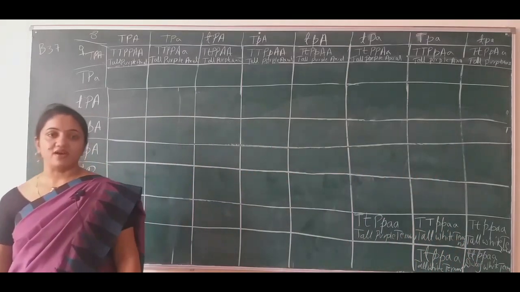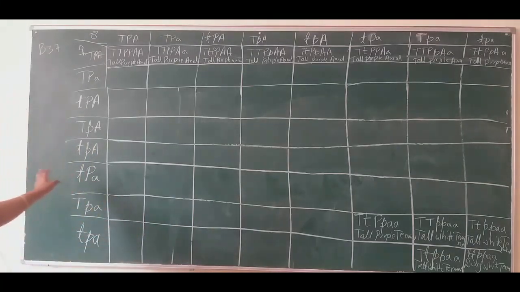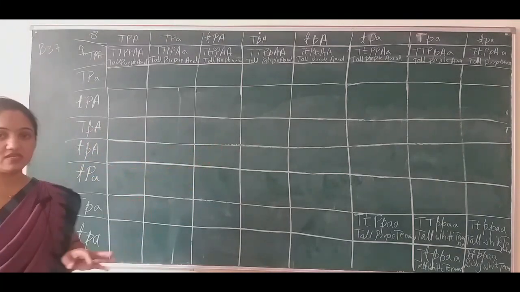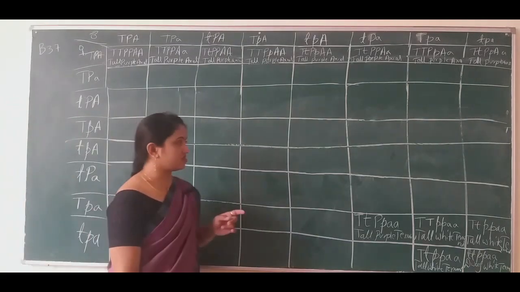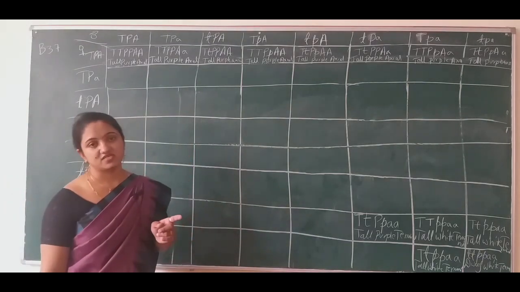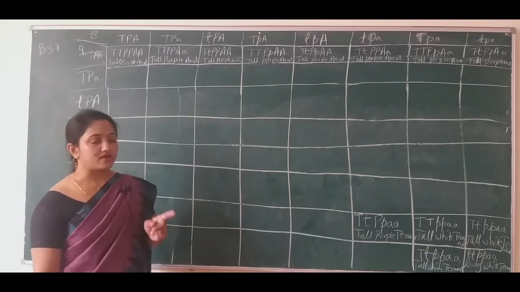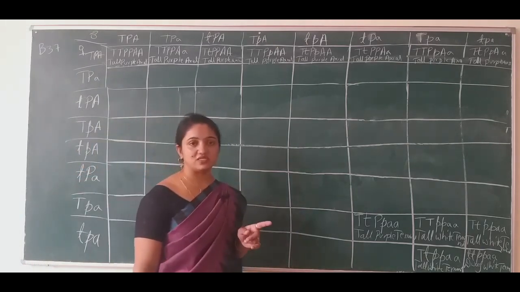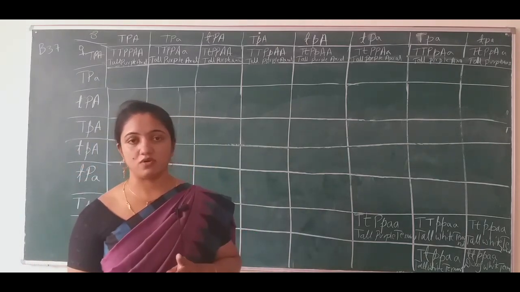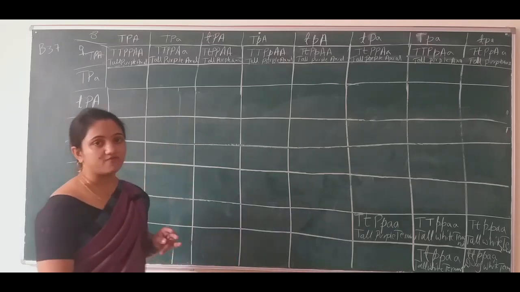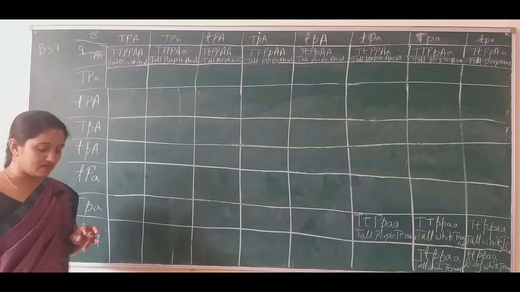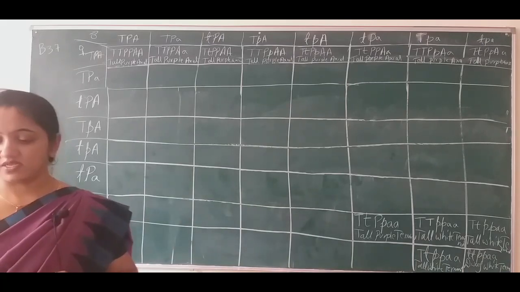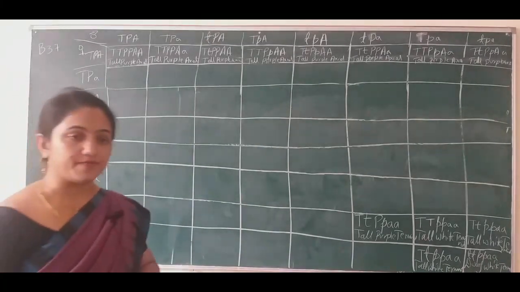So likewise, you have to complete the whole thing and submit it to me. And if you have any doubts, ask me in the message itself. I'll clear it out. And remember, only one question they'll select in the tri-hybrid cross. How many types of gametes does the plant release in the tri-hybrid cross? The answer is 8. Okay, thank you.